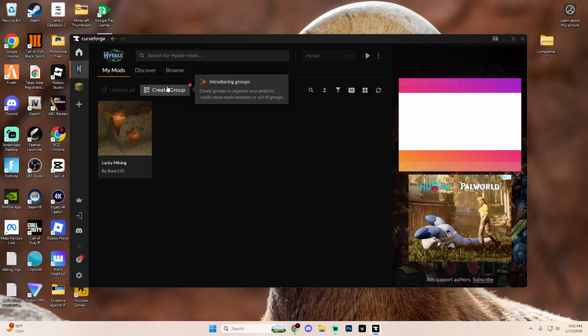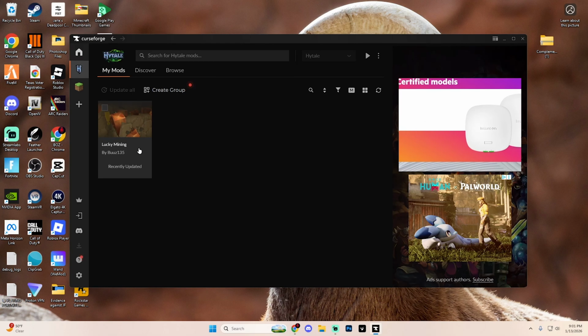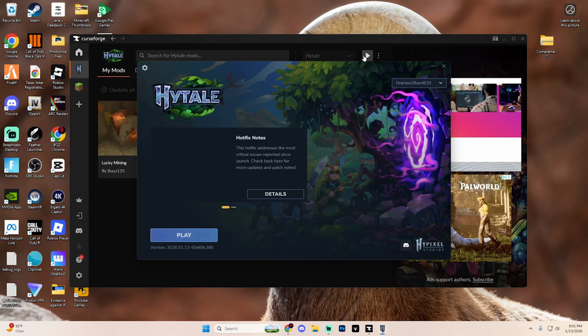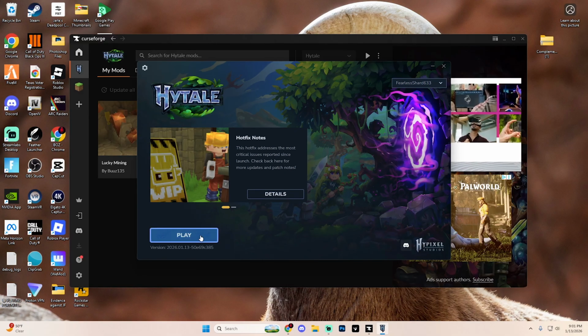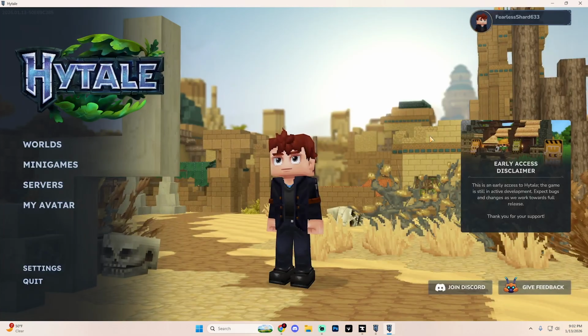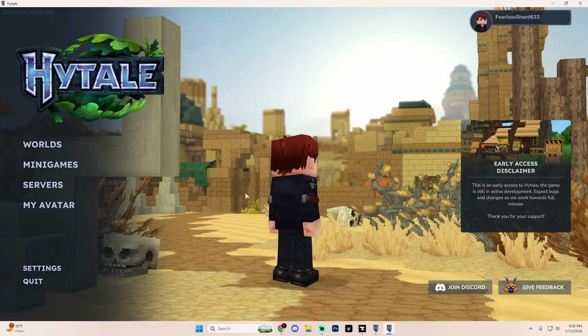You can create a group as well, but essentially just hit play up in the very top, and this is going to run the game and automatically launch it. Hit play again, and when you get loaded into your game, you're going to have your mods enabled. As soon as you jump into your world, your mod will be ready to use,